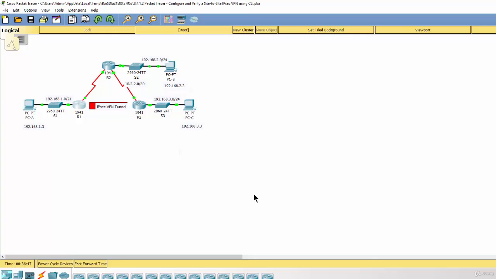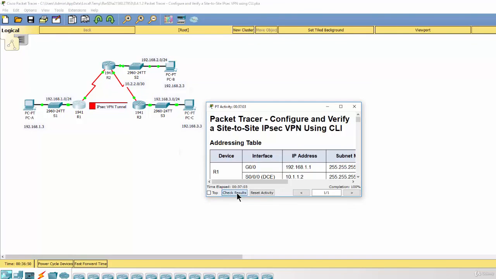Step 6, check results. As you can see, our completion percentage is 100%. Thanks for